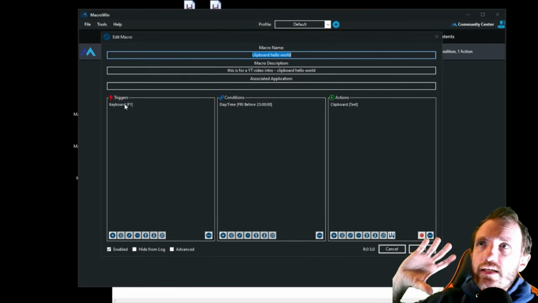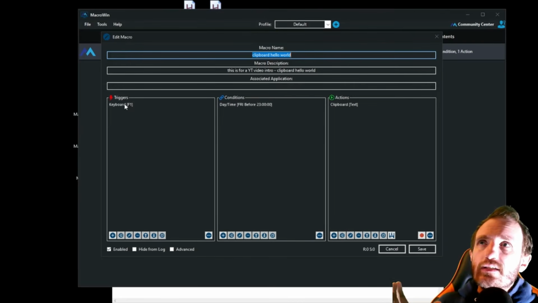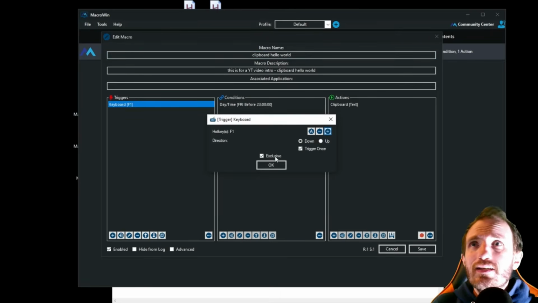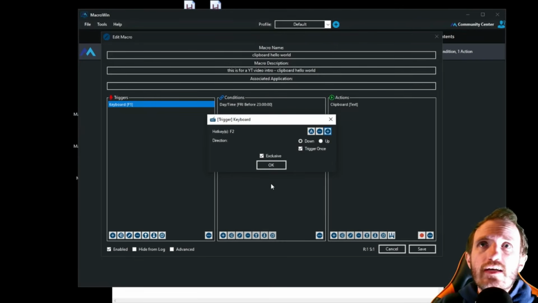The original functionality is still going to kind of be there. So depending on what application you're using in, F1 may work, may not work, but just because you probably don't memorize every functionality of every program that has the built-in F1 functionality for help, it's probably best to just stay away from it. So I'm going to go ahead and switch over to F2.